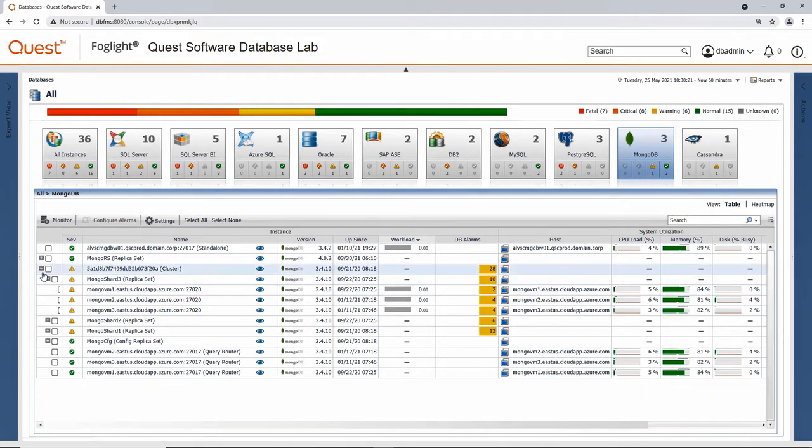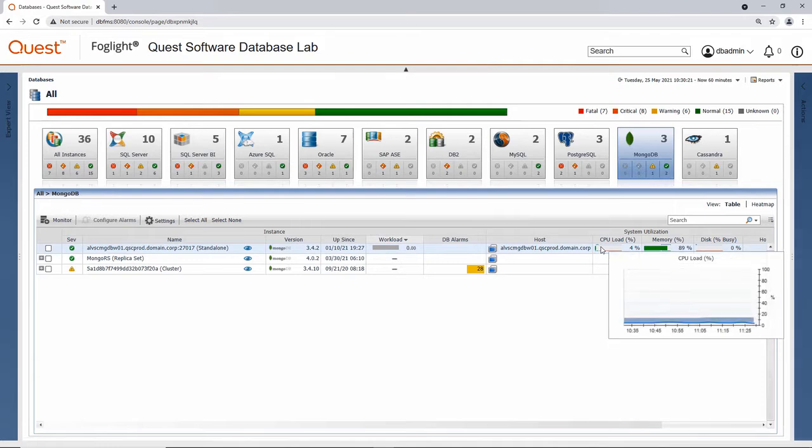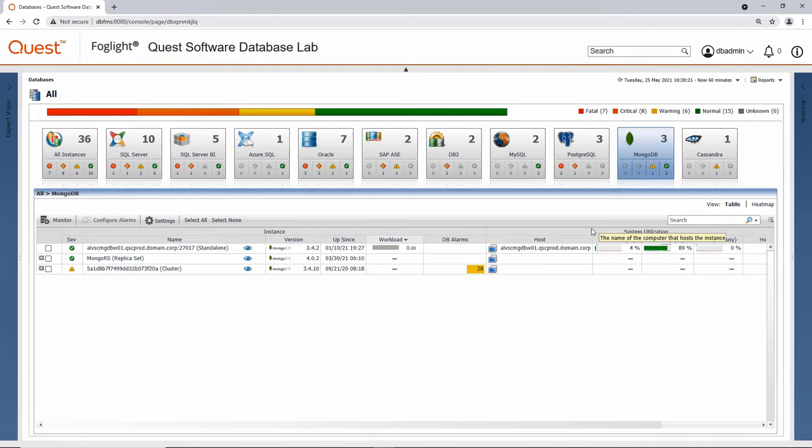This global view also does a nice job at providing high-level details about the overall infrastructure, an inventory of the versions that you're managing, MongoDB's uptime, some general counters around workload, as well as resource utilization over towards the right. So you can globally view the resource utilization of your MongoDB infrastructure.